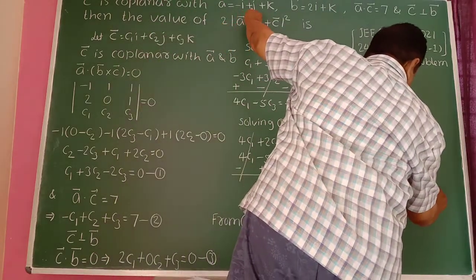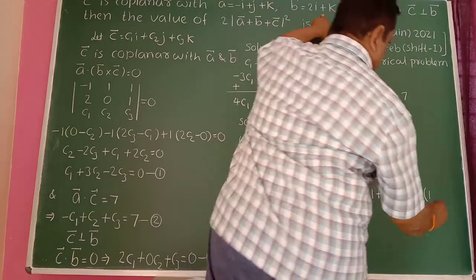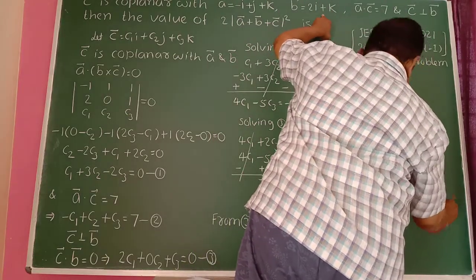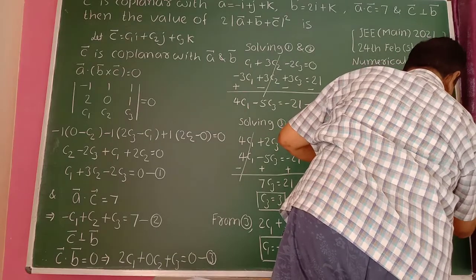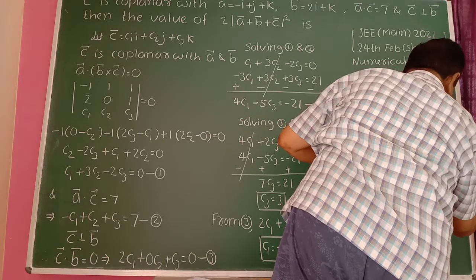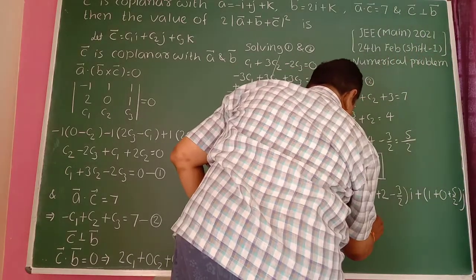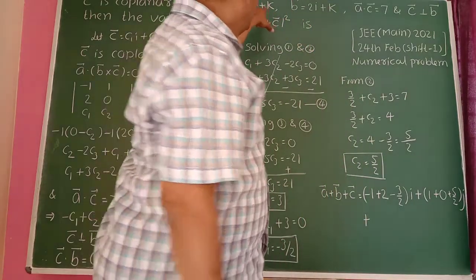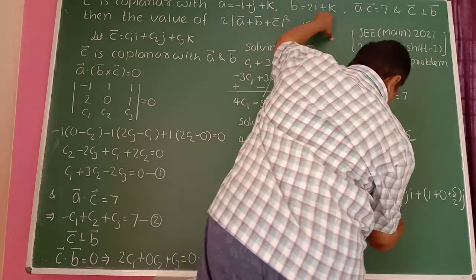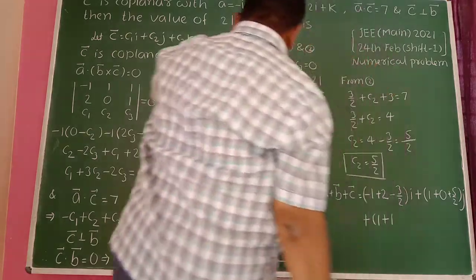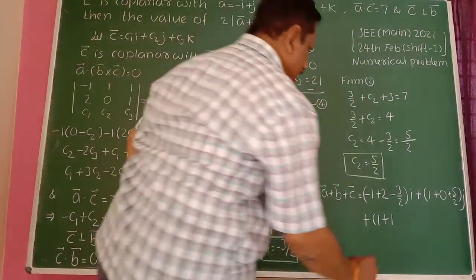So right here 1. Here J, there is no J term here. So right here 0. And C2 is 5 by 2 here. So plus 5 by 2 into J here. Then plus, here K coefficient is 1. So right here 1. Here K coefficient is 1 here. So plus 1 and C3 is 3 here. So plus 3